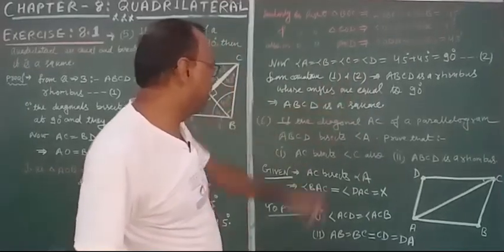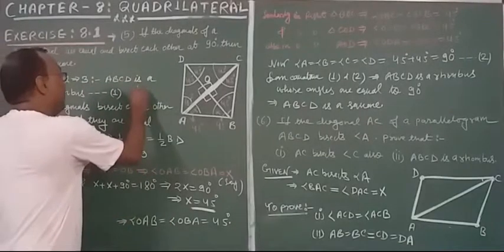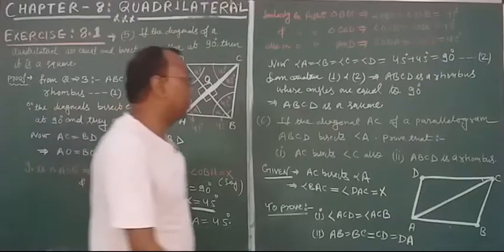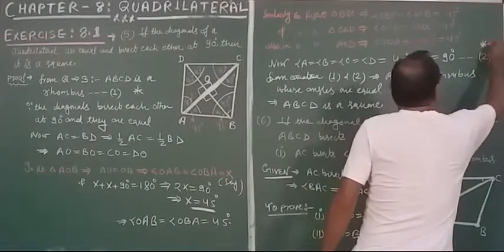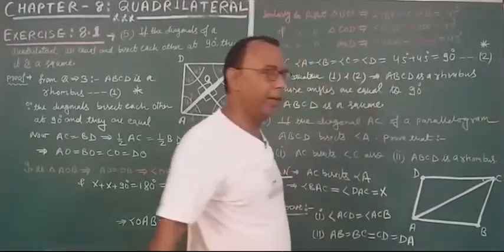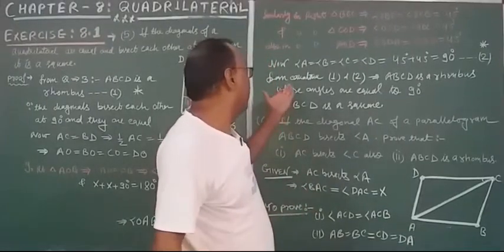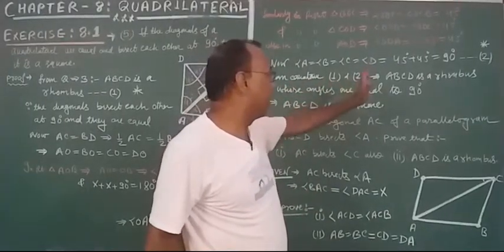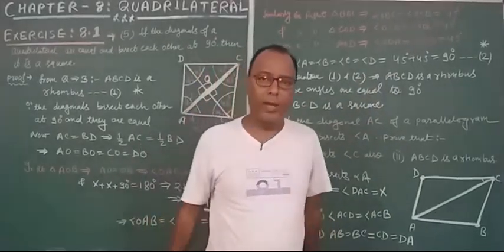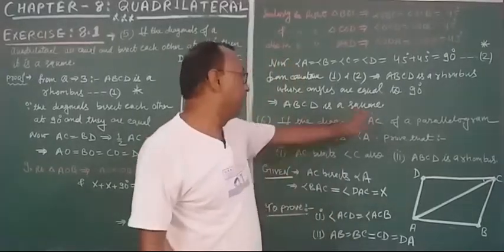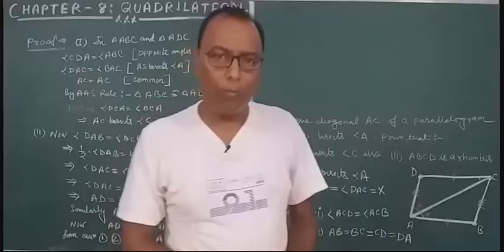This is our equation number two, and this was our equation number one, that ABCD is a rhombus, and the next condition is that the quadrilateral ABCD has all the angles equal to 90 degree, and that is the definition of a square. So therefore, from equations one and two we can write ABCD is a rhombus whose angles are equal to 90 degree. So therefore, ABCD is a square. Is it okay?